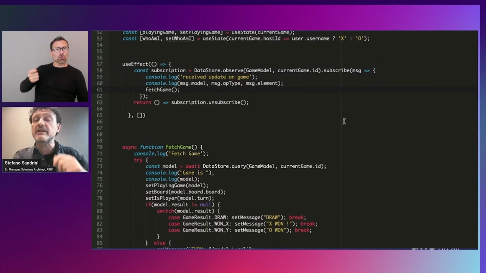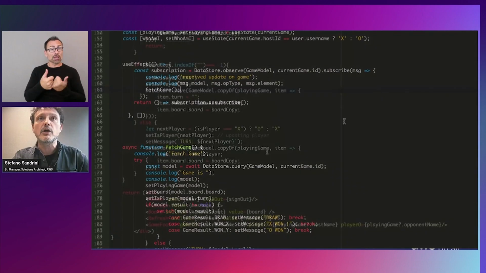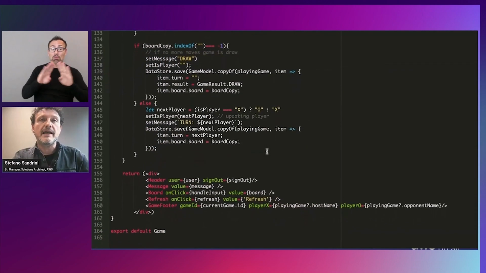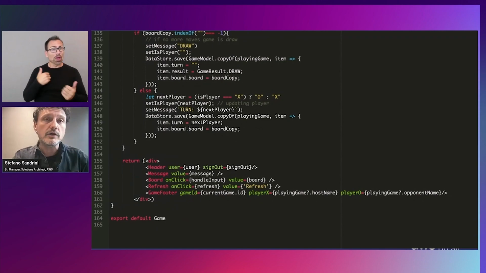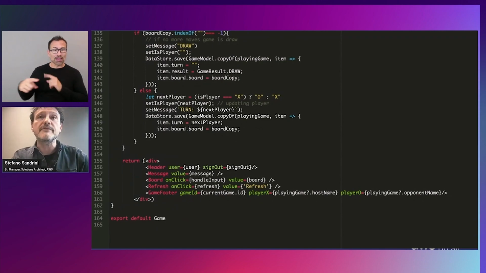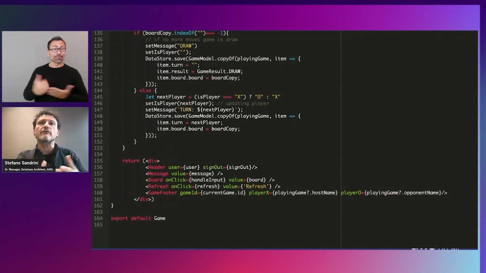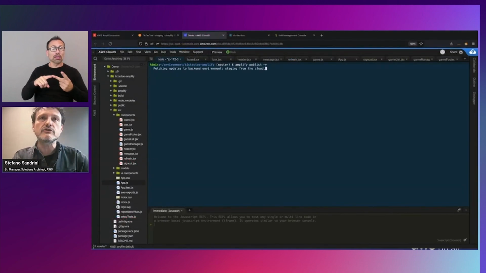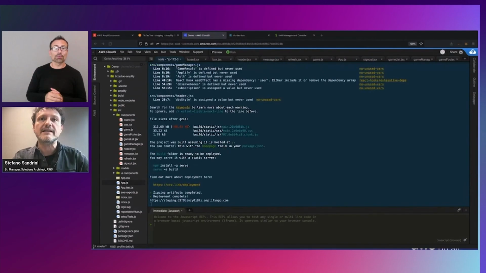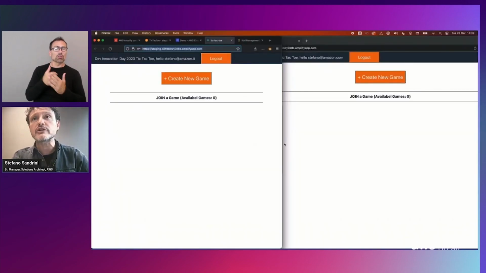So anytime the game board, for example, is updated, we can fetch the new status. And anytime we have a new input, so an X or an O, we can update the game itself in the cloud, and automatically all clients will receive updates with the new status of the board and the new status of the turn. So let's publish this new version in the front end, and let's test it using two browsers